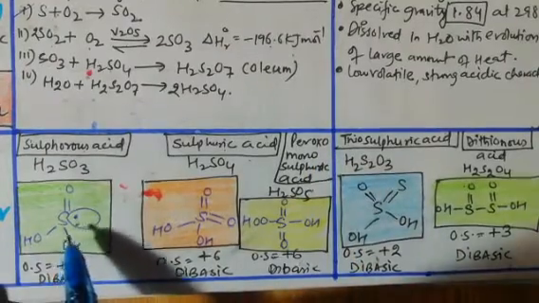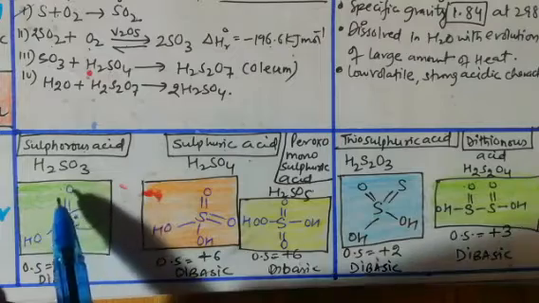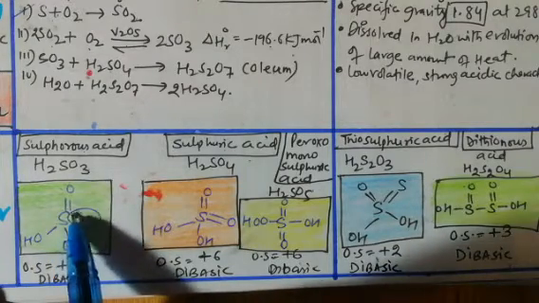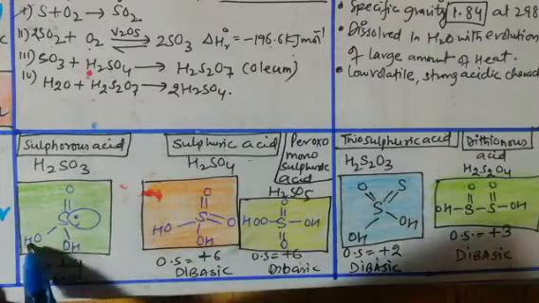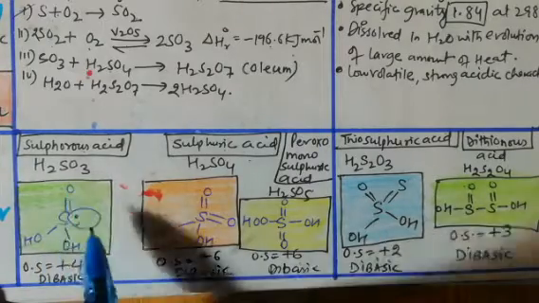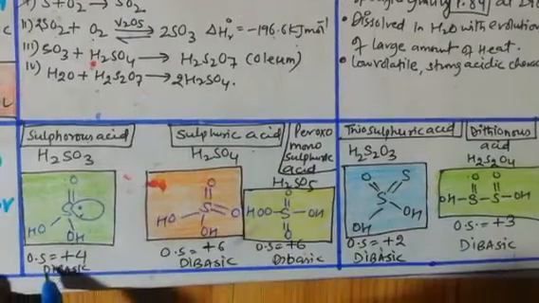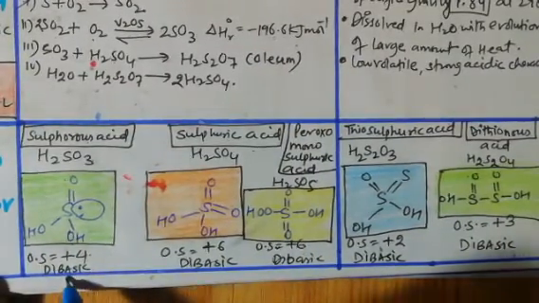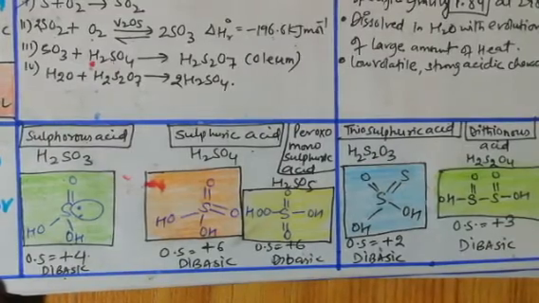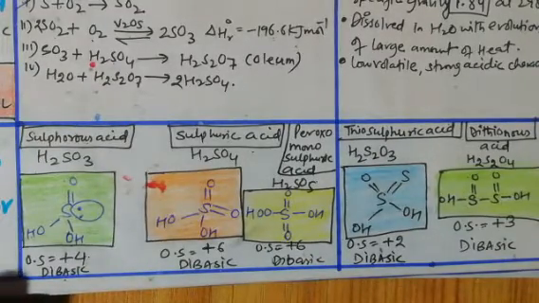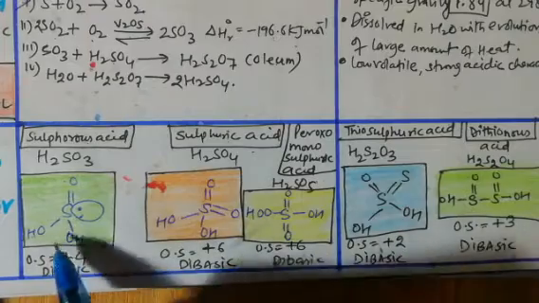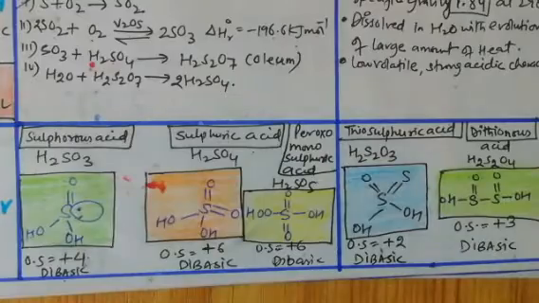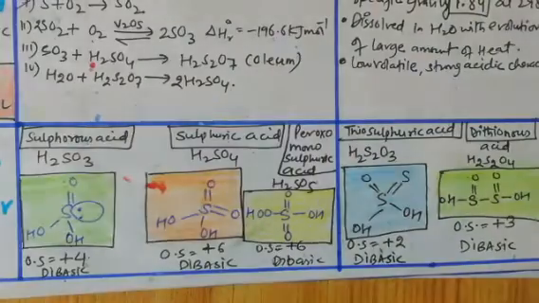The formula is very simple. H2SO3, and there are 6 electrons around S: 1, 2, 3, 4, 5, 6, in which 2 hydroxide, 1 double bond oxygen, and 1 lone pair remain. So the oxidation state of sulfur is +4. It is dibasic. How do we calculate oxidation number? In yesterday's live class I told you how to calculate oxidation number. Once again I am going to tell you in a simple way, with one example.